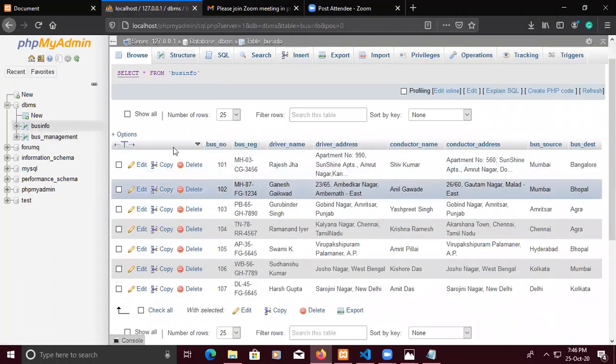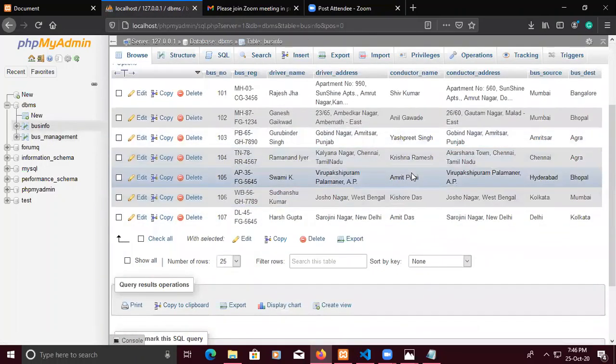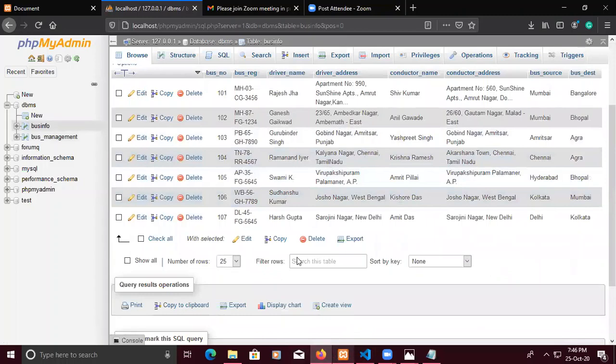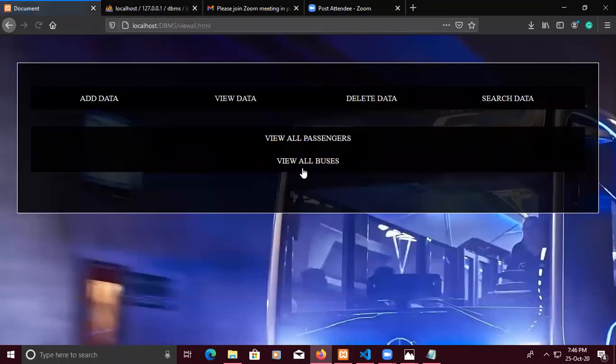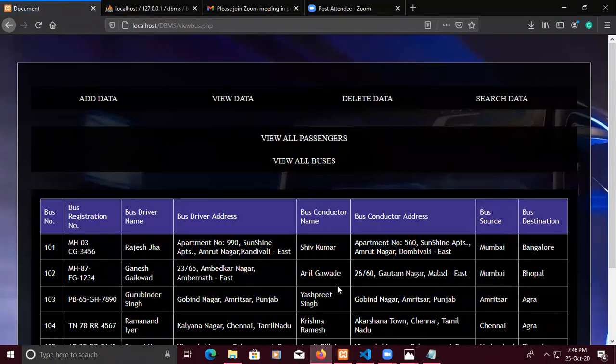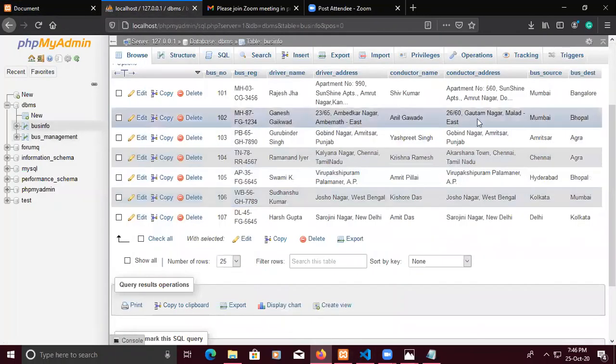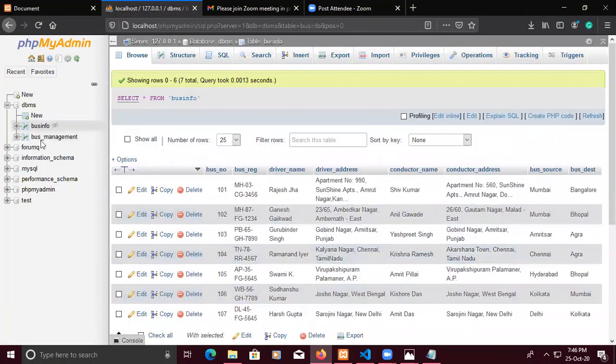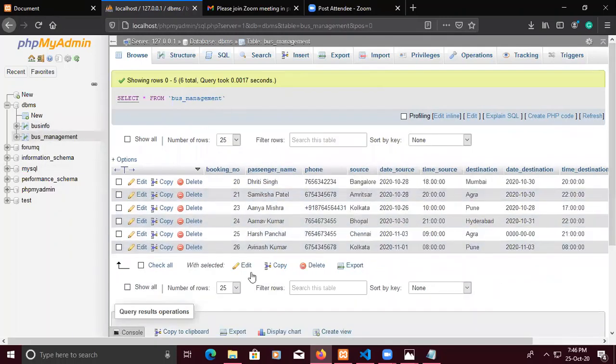All the bus details which I showed in the previous application, in view buses, show this data. The passenger names like Avinash Kumar which we added are included here too.